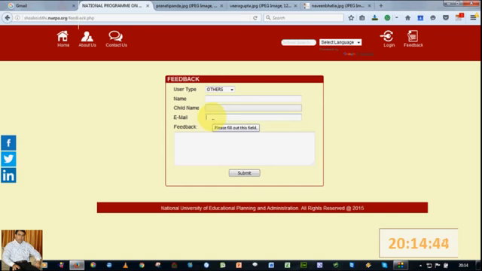Specify your valid email address and type the complete feedback that you want to type. Just type appropriate and brief feedback about the school or the school evaluation and click on submit. This email with the feedback component will go to all the officials of MHRD and NUEPA who are looking after this particular portal,